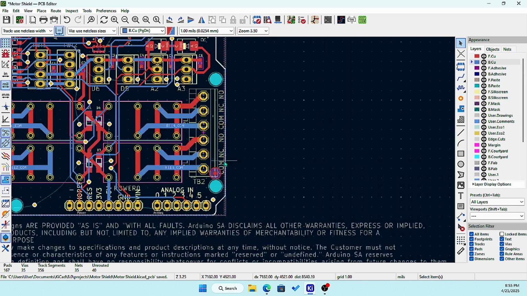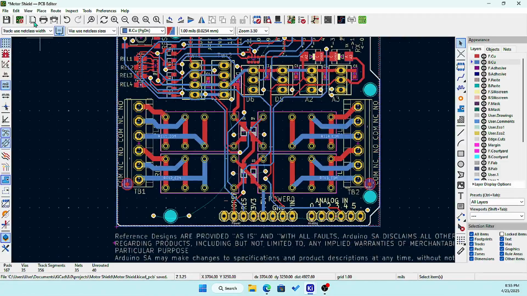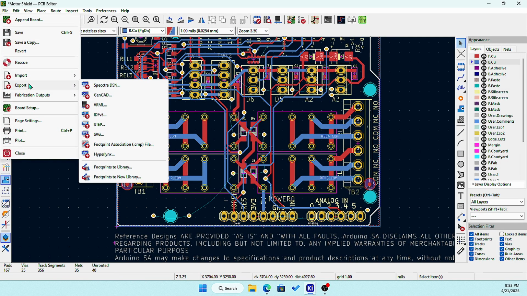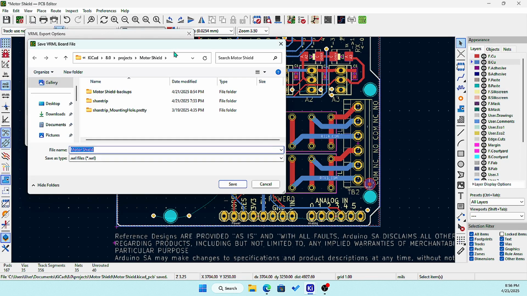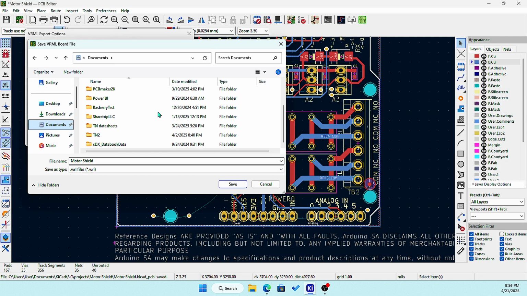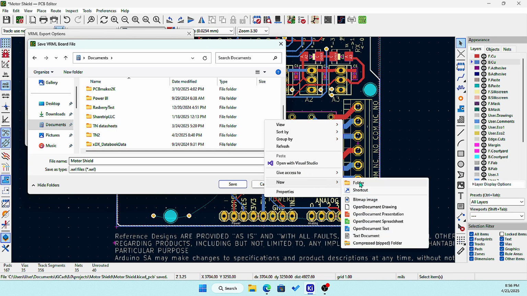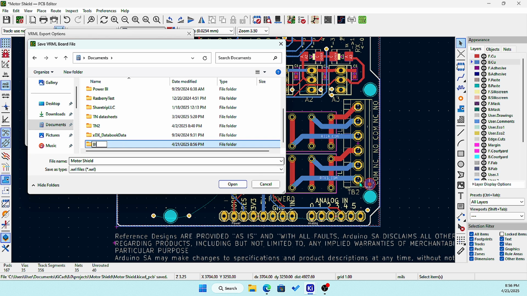Okay, so once you have all the 3D models and everything, now you go to file, export, VRML. Okay, you're gonna select this copy 3D model files to model pod, and then we're gonna browse it. Where we're gonna put this? We wanna say documents, and we're gonna create a folder here, new folder,